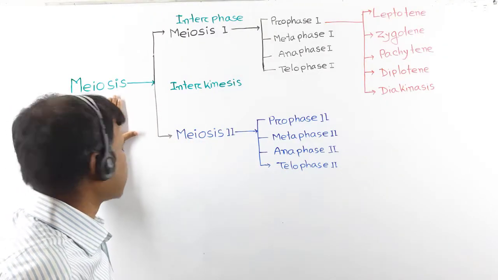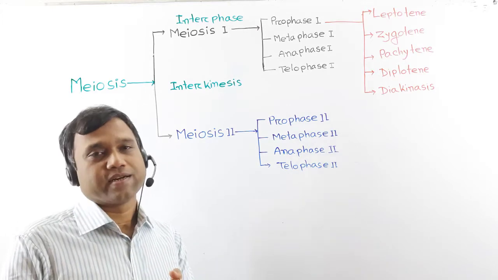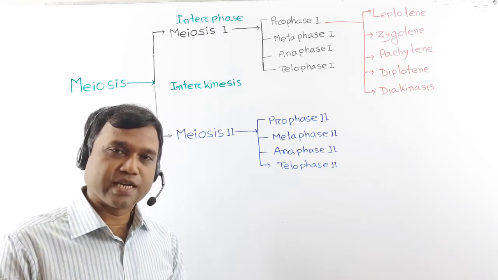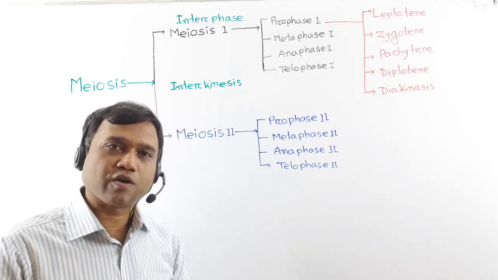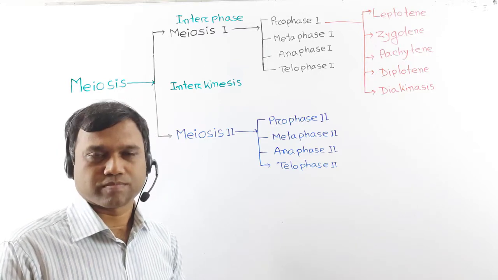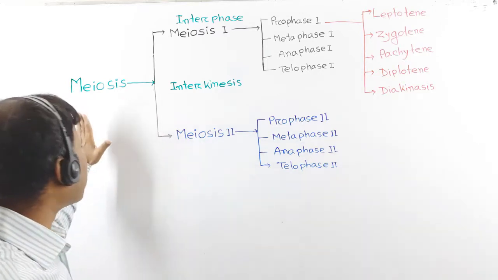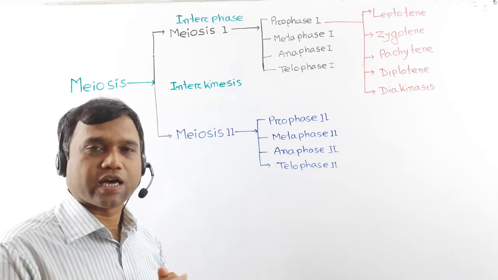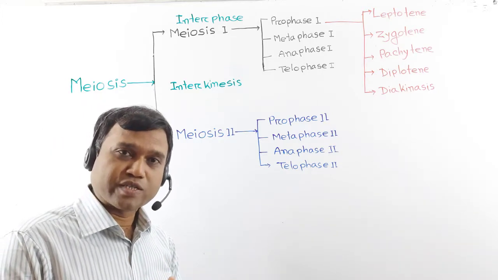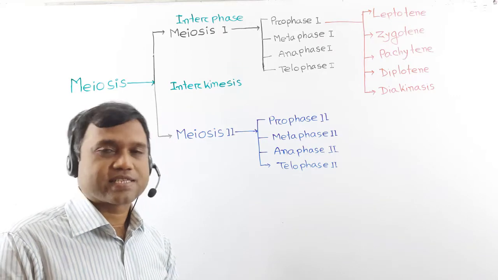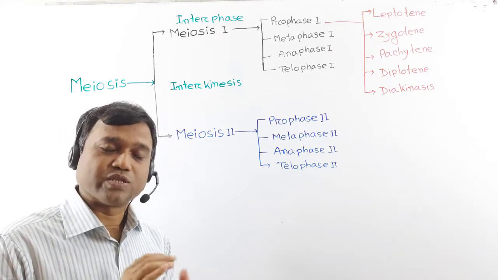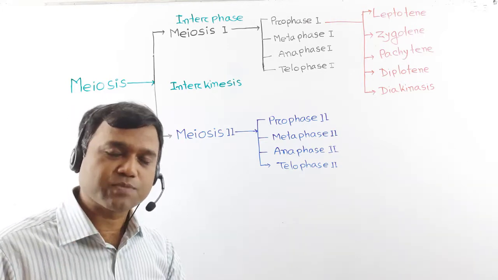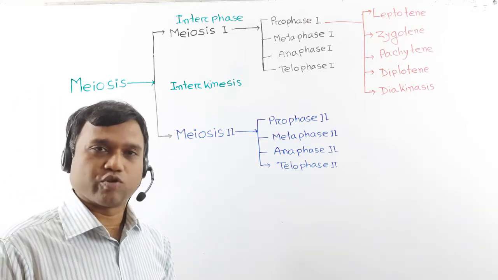This meiosis cell division was first observed by Boveri. He observed this meiosis cell division in the sexual organ of roundworm. In diploid living organisms, this meiosis cell division occurs in the generative mother cell. But in haploid living organisms, this meiosis cell division occurs in the zygote.